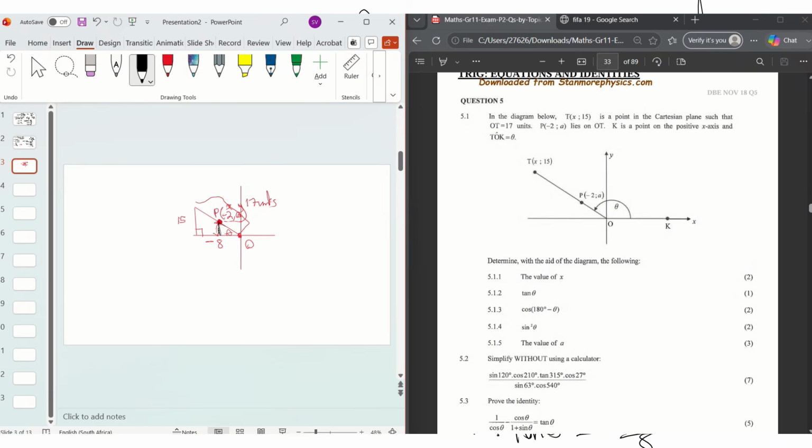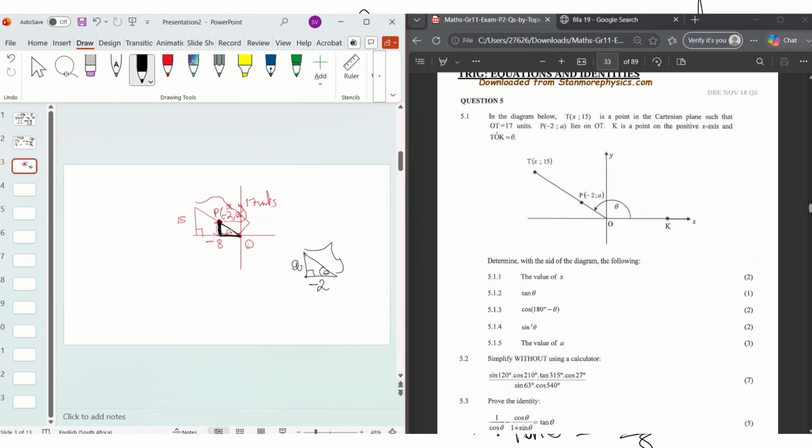So it's something like this small triangle here. If we take this small triangle out, I'm just gonna draw it here. We'll have something like this. We don't know our y, which is a, but we do know x. X is negative 2 there. And then we have our theta here, but we don't know the hypotenuse of this small triangle as well. So now how can we do this one?